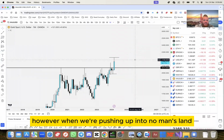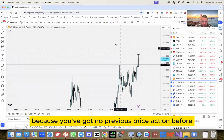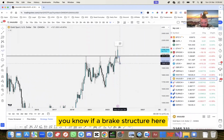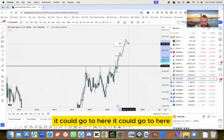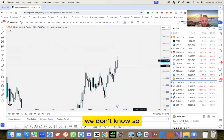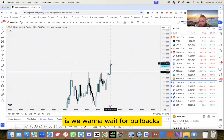However, when we're pushing up into no man's land, it's difficult to trade into nowhere because you've got no previous price action to judge, like, okay, if we break structure here, we're going to go down to that low. We have no idea where price is going next. Price could continue just going up. It could go to here, it could go to here, it could pull back all the way down here. We don't know. So what we want to do in situations like this is wait for pullbacks,